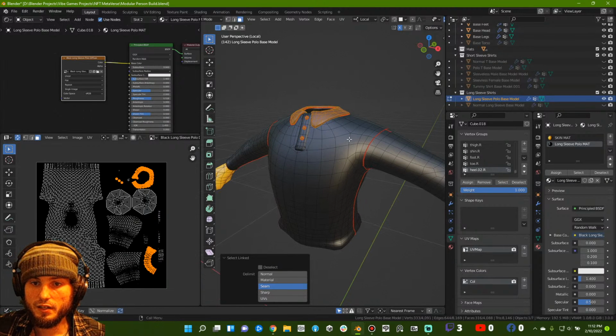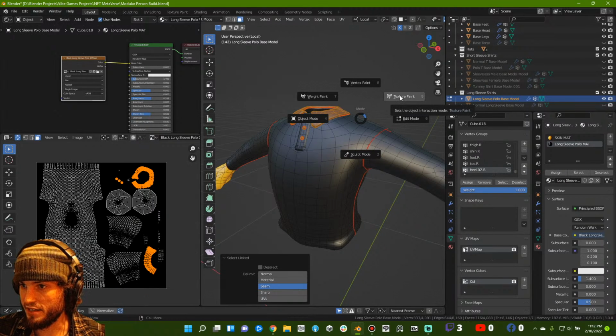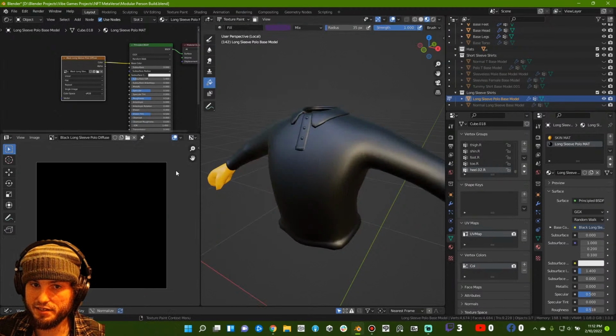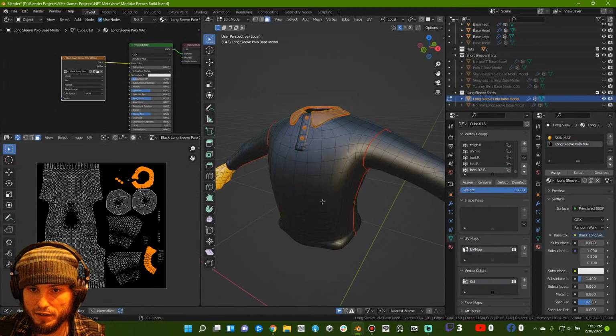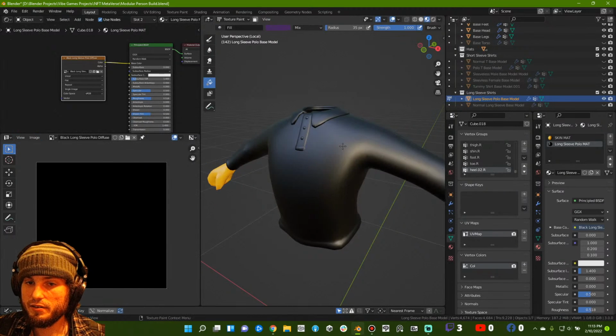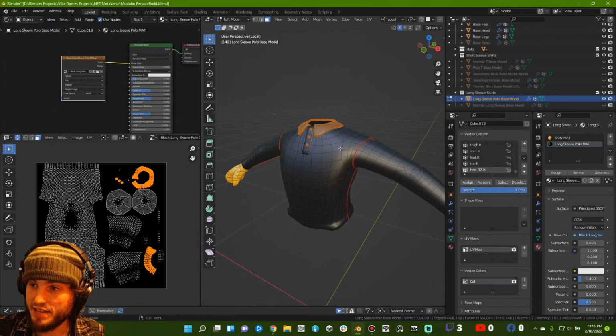So what's cool about this, now we go into texture paint mode. There's a couple different painting modes. There's vertex paint, texture paint, and weight paint. Texture paint is the one that we'll be using because we're painting a texture. Make sure that's selected. Now, texture paint mode goes smoothly in and out of edit mode when I press Tab,